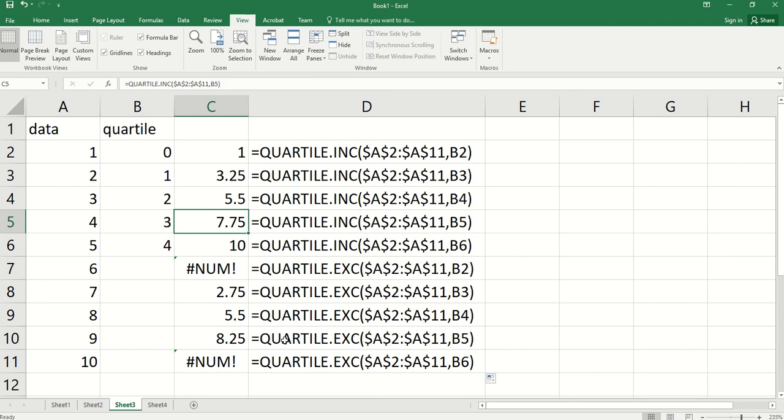So here with exclusive, the Q3 value found is slightly greater than the one found using inclusive. We can use either one, but we need to specify which formula we use. Actually, when we have a relatively large set of data, the difference will be very small.